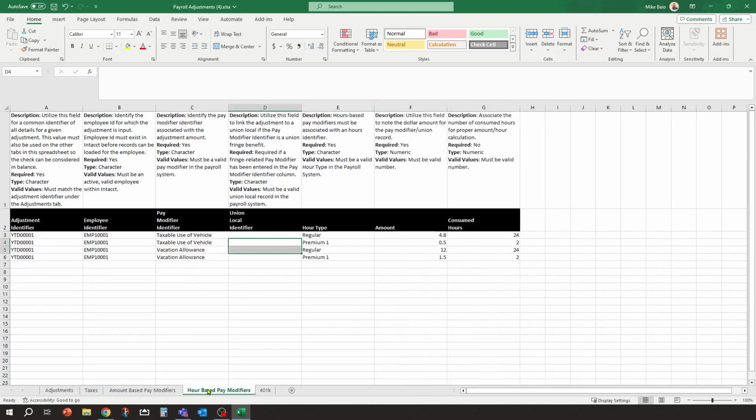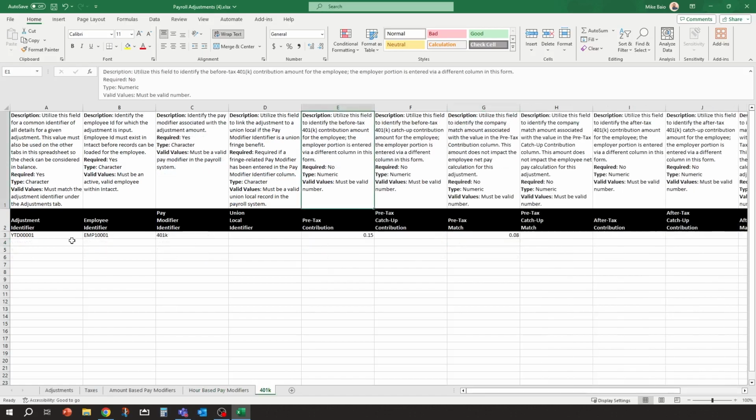And same thing for hours-based. So hours-based is the same columns, but now because it's hours, you can also reflect the hours and the amount for that calculation on there. And then 401k is broken out separately. The way 401k works is you can set up one 401k to handle all the different options: pre-tax, after-tax, Roth, all that stuff.